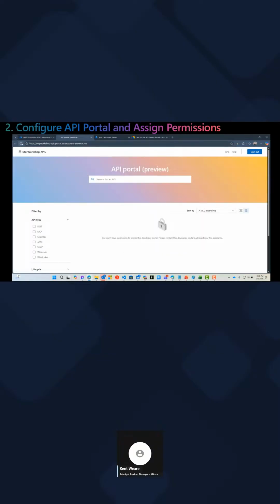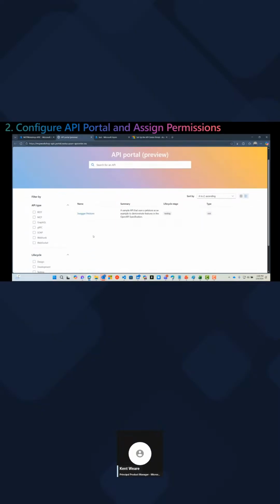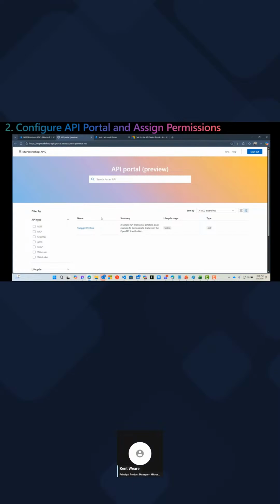But let's come back here. And if I refresh, I'll now see this. This is something that is available just out of the box as a sample, the Swagger Pet Store. So if you can see this, then you know you're in good shape. Now, what's the purpose of this API portal? Once we've gone through the wizard, we will see our MCP server show up here. And so we will come back to this portal because we will want to grab the URL from this particular experience so that we can use it in other agent experiences. Okay, so that's the prerequisites.